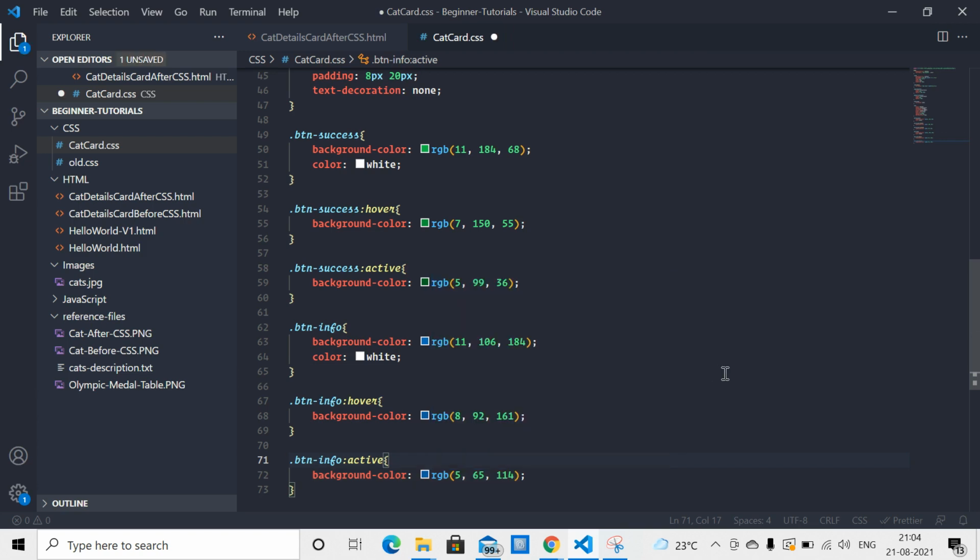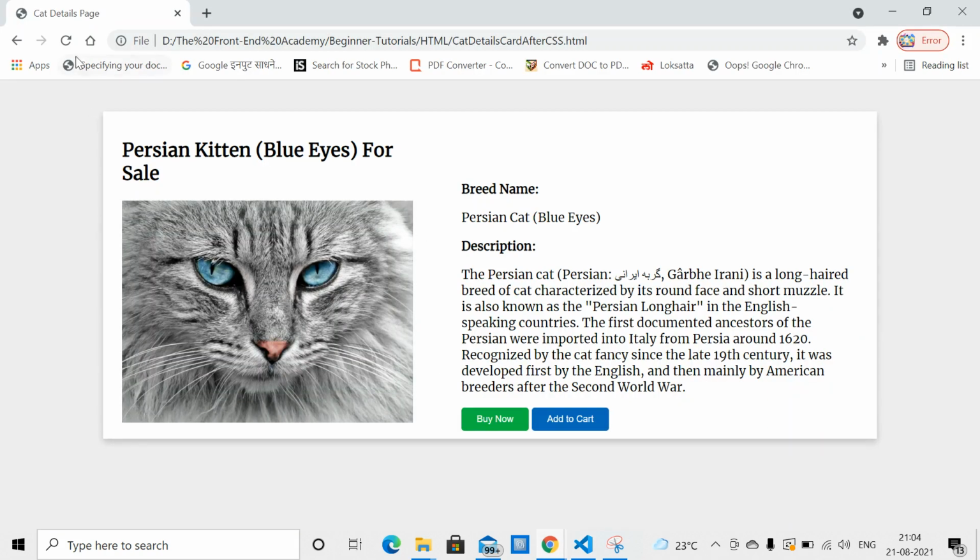Let's give a darker blue. Refresh this, click this. You see, now I go to the add to cart button. The background color is getting darker on hover, and if I click on this, it gets even darker. So this is it for this